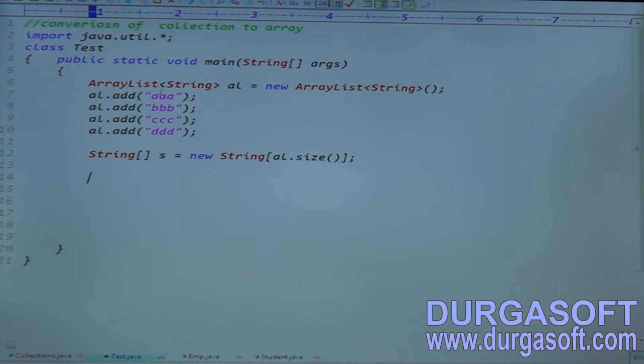To convert this array list into the string array, use the array list method called toArray. So I would like to convert the array list to an array. Then all the array list data is converted into which format here? String array. So the method name here is the toArray method. Now here in this example,